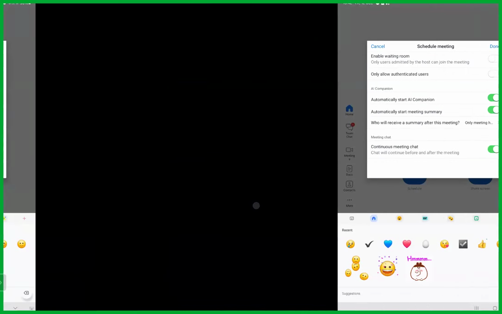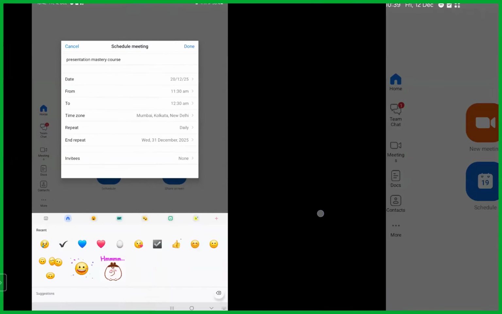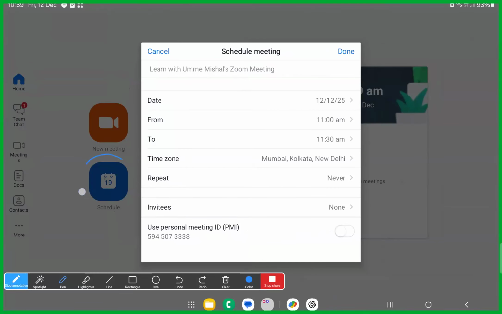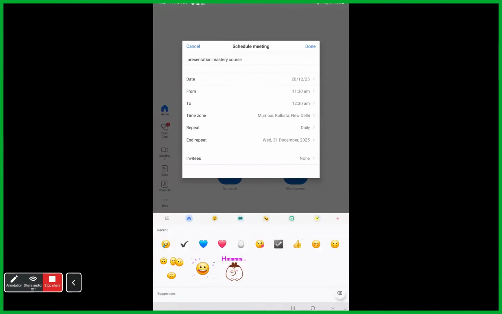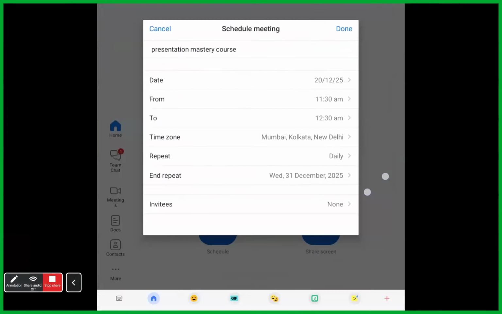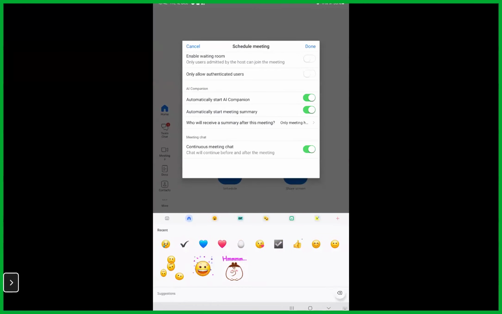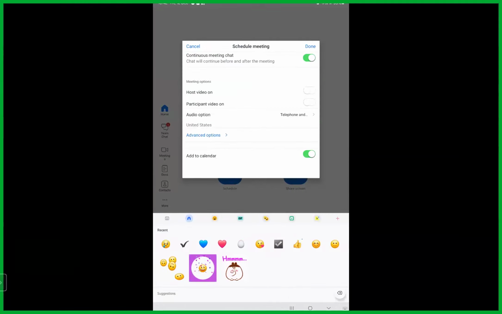If you want, I'll explain it again. First, you have to click on schedule the meeting. What is the course name? I'll write resin art course. When are you starting? Write from what time to what time. Do not touch all of these. Repetition is on. You have to switch it on because you're taking it every day. Till how many days it will be set by Zoom itself. From which date to which date? Here you can end the repeat. When do you want to end the repeat? That's all. If you want, you can give the passcode and then you just have to click on done.